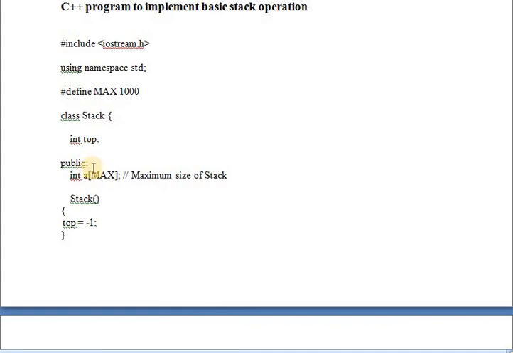See here, public is the access specifier. Below that, int a of MAX. We are declaring the maximum size of the stack using an array. See here, I have not given any access specifier here. If there is no access specifier above any data type or variable in a C++ program, then it will take private by default.